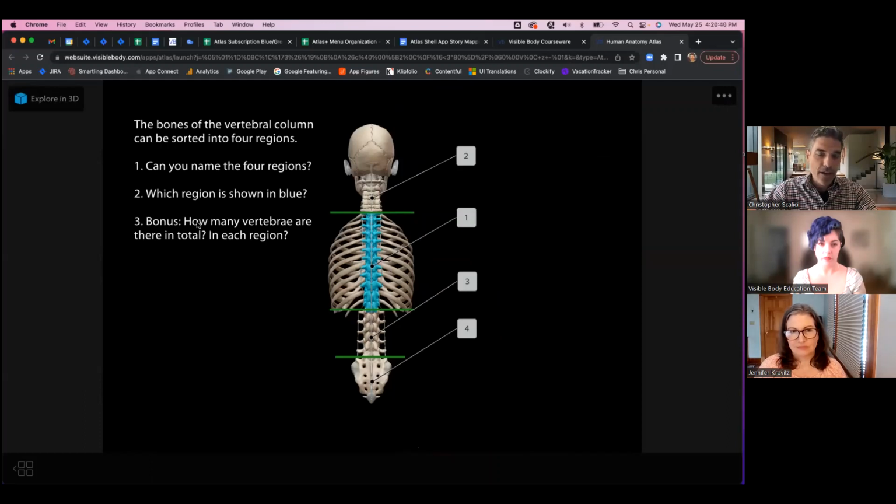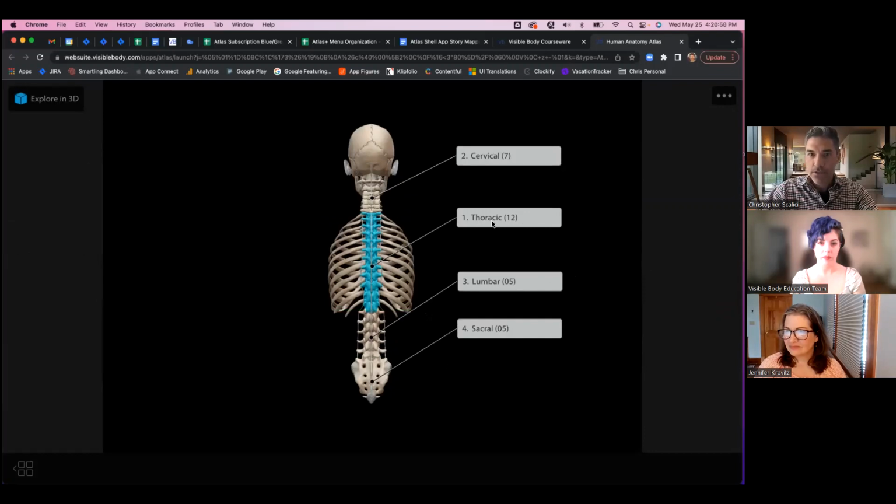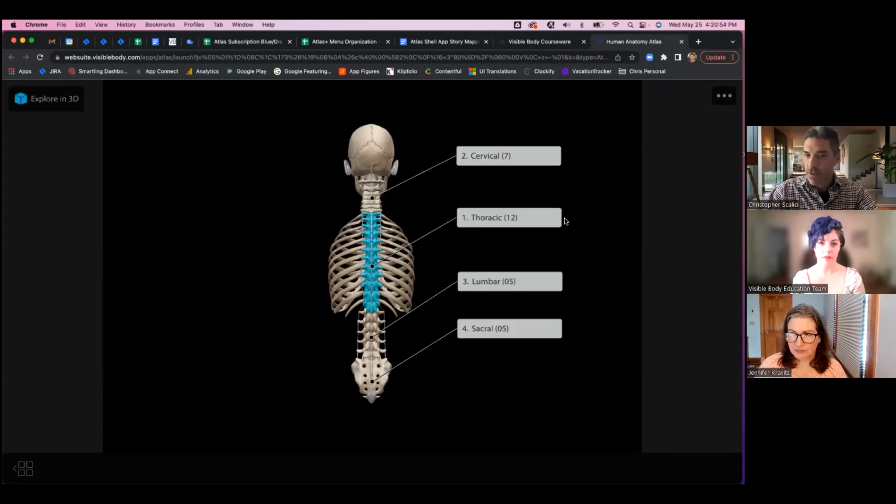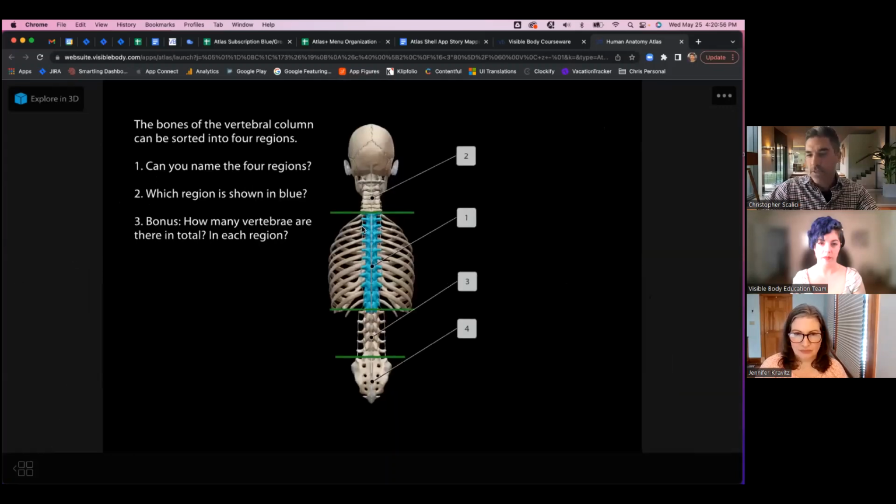And then, I always like when there was a bonus on the question, so I put some bonuses in here, right? How many vertebrae are in total? How many in each region? And in this case, I did the work for them as well in the back, right? 7 cervical, 12 thoracic. You could ask users to fill those out as well. But you can see this is just like a step further from that axial appendicular skeleton, a facial, and then a sort of brain case skull that we